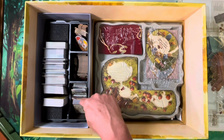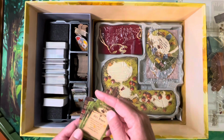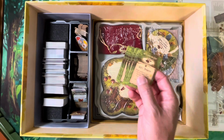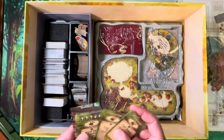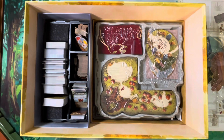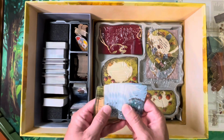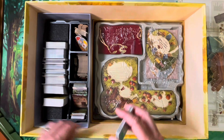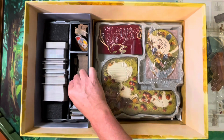And then last but not least, the small cards here, we have visitors, and then there's a whole separate section for New Leaf and Pearlbrook. That's because if you're not playing with the New Leaf expansion, you're not going to want to put in the special events, because some of these, specifically the New Leaf ones, appear to be okay. But the Pearlbrook ones, for example, if you're not playing with the Pearlbrook expansion and the Pearlbrook critters, you're never going to see the pirate ship, for example. So you wouldn't want to have those special events mixed in with the rest,